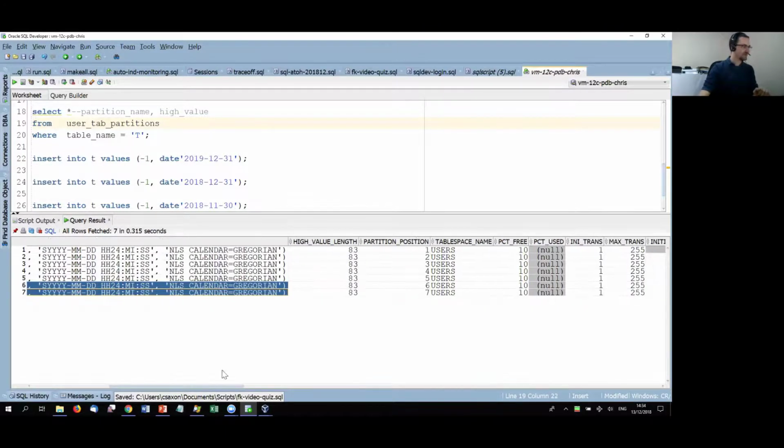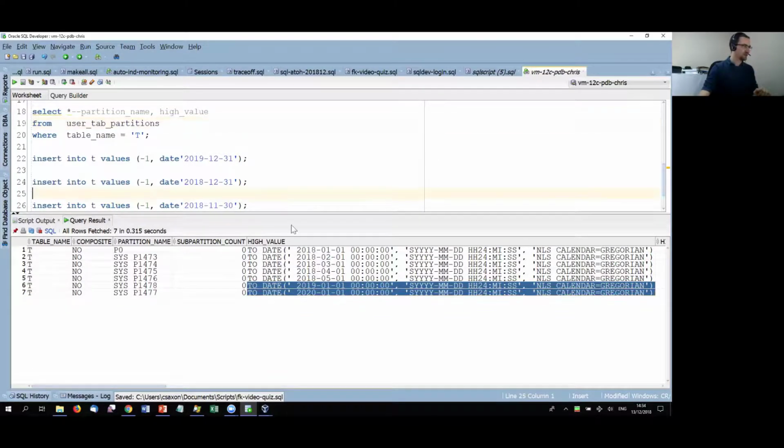Okay, I'm running on 12.2 here. I doubt this has changed in 18c. I didn't remember seeing anything about that. So something to be aware of there. Yes, it's kind of losing the interval. So if you have these sparsely populated dates with an interval, and you magically set the interval, then you've fixed the boundaries for all your intermediate partitions. So you probably have to go through a process and merge those,